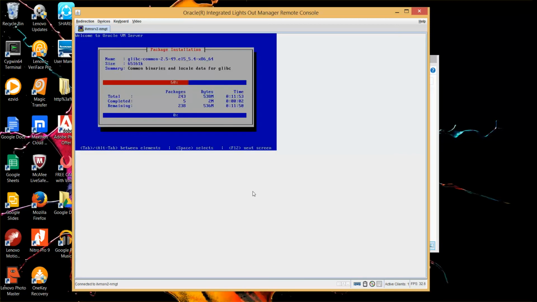Now it has started copying the software. It has around 243 packages, and it will take around 11 minutes to complete.